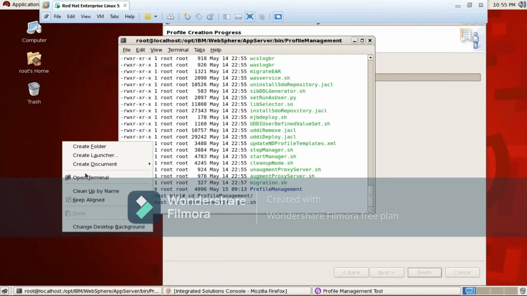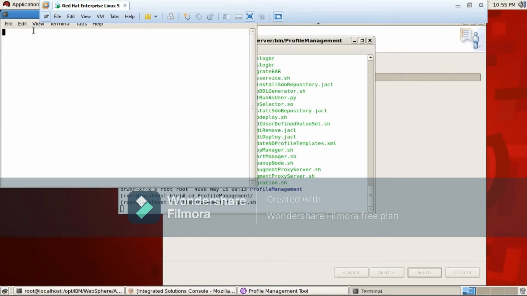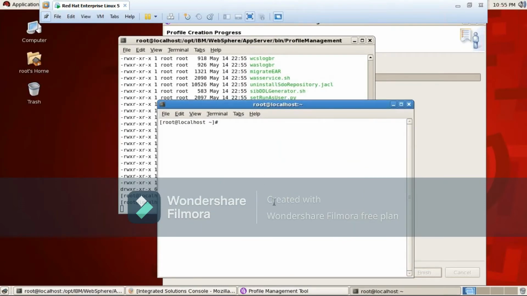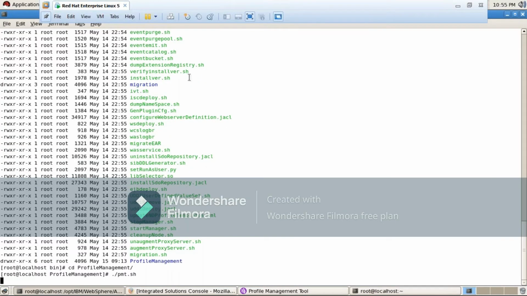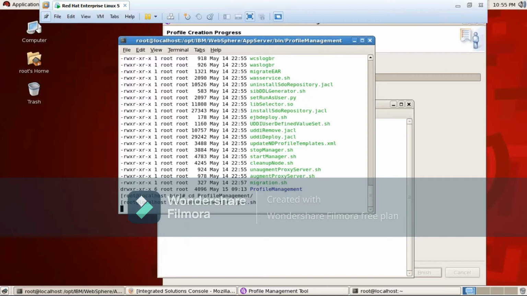I'll create another terminal, because in this terminal, this PMT is going on. That's why I take another terminal. In the backend this script is running, right? This one.